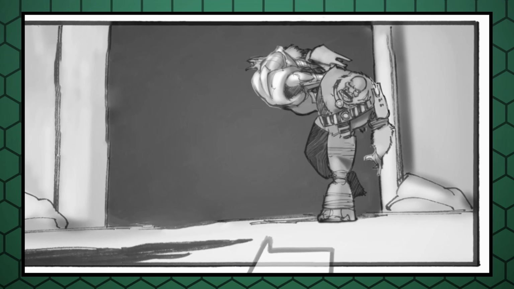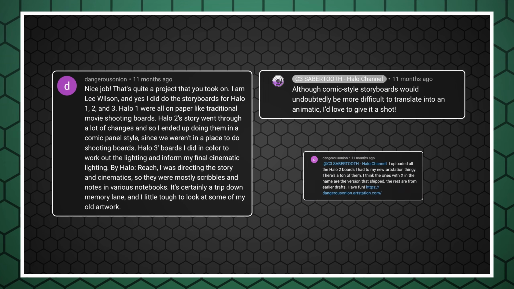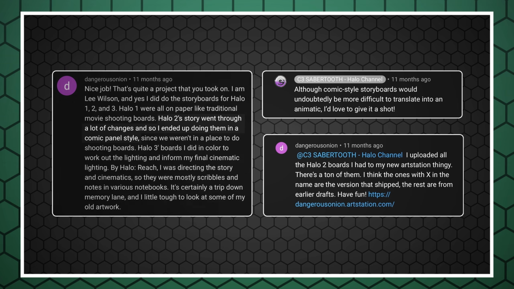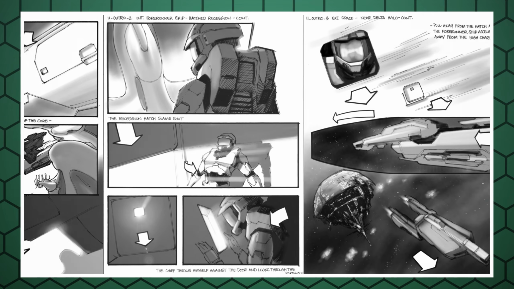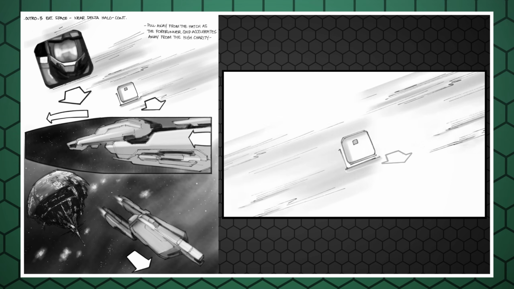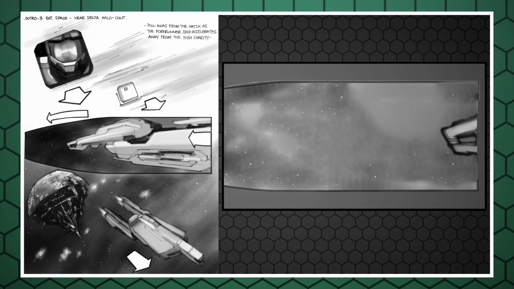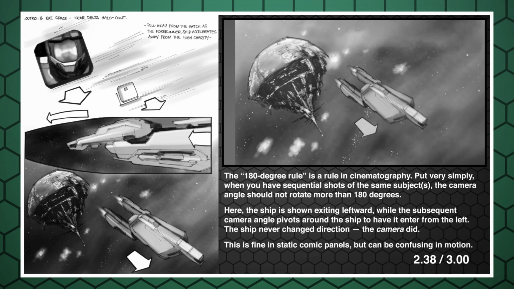Anyway, here I am doing the same thing again, with Halo 2 boards this time. Once again, I have a few things to cover before we start. First of all, it's worth noting that these are not exactly traditional storyboards. Mr. Wilson even warned as much on my previous video. They're presented in a comic book format, meaning that frames are rarely at a 16:9 aspect ratio and sequential panels occasionally break the 180-degree rule. By and large, I still think it works well in animatic form, it's just going to look a little different